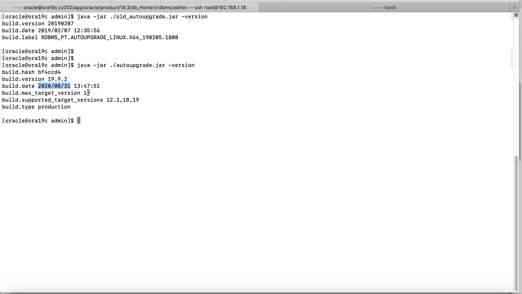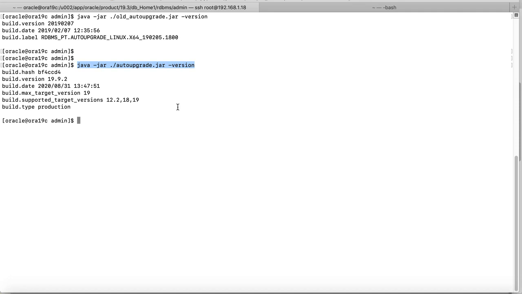It shows you the build information, and you could see there has been a change in the way the version shows up. The version that I am using supports the build target version of 12.2, 18C or 19C, which means you can pick up any lower version database and use this auto upgrade utility.